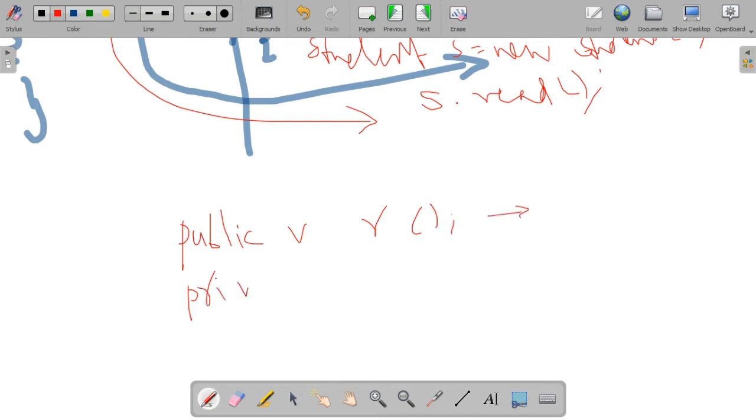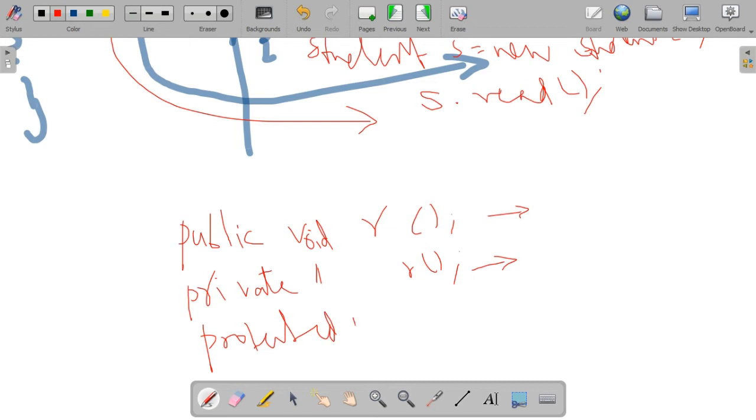So these are the different types of members. What are the different types of members in a class? These are the instance members and static members. Instance members in the sense it may be a variable or method. Static means with the keyword static, that is a static member. The other name of static is class.